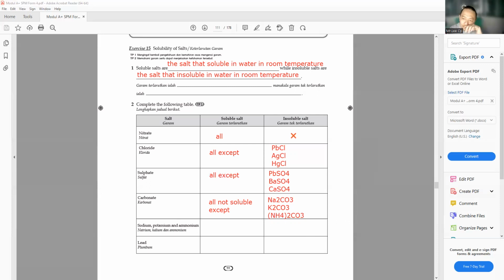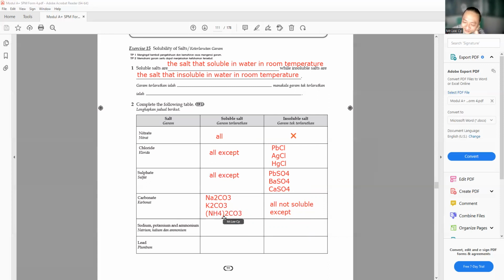Hey, I wrote it wrong. 我好像写错。哎呀, what did I get wrong? I want soluble. Soluble, isn't it this one? This one is not soluble. Terbalik. Ya loh. Alright, soluble salt is Na2CO3,